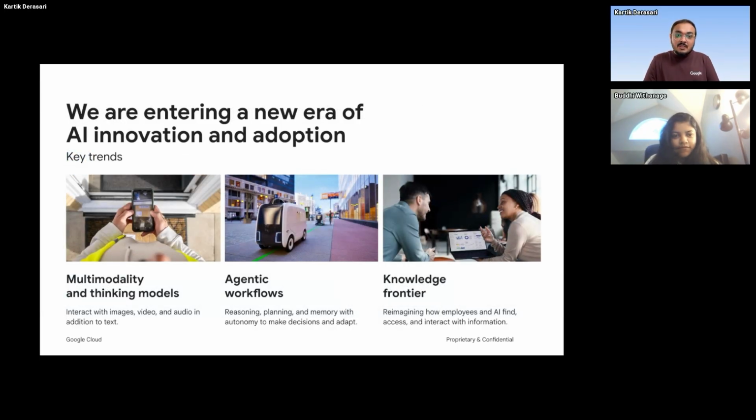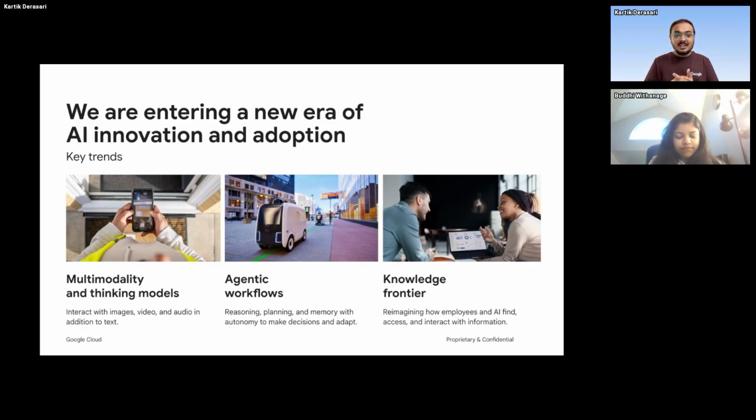When you think about this, some of these are the key trends driving this transformation. When you think about multimodal, AI is not limited to text right now. We can now interact with images, videos, multimodal data, making our interactions richer and more intuitive. When you talk about agentic workflows, we have seen way more. AI is becoming more autonomous and capable. We are seeing the rise of agents that can reason, plan, adapt,